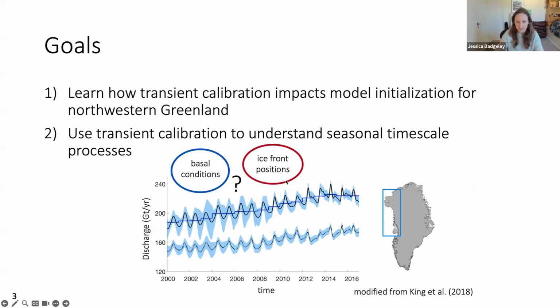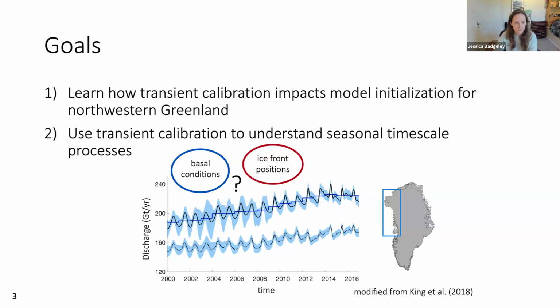One is seasonal ice dynamics, which, from the literature we know, are primarily driven by changes in the ice front position, so think calving and melting at the ice-ocean interface, but also changes in basal conditions. For example, how much the ice is sliding along the bedrock, how much subglacial hydrology is contributing to that. And in particular, it's very difficult or in many cases impossible to observe the ice-bed interface. And so we have to do a lot of inferring or modeling of that interface.